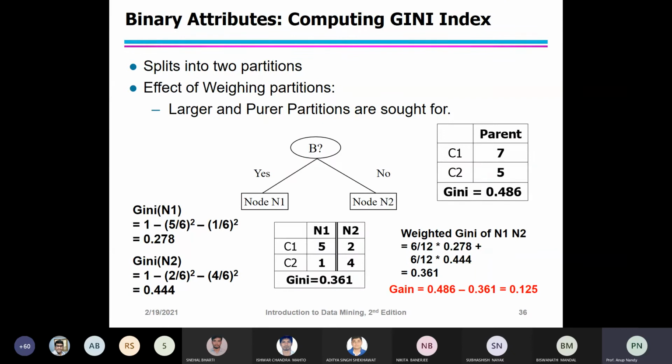Now, for computing the Gini index for binary attributes: we have seen different types of attributes, binary, nominal, and continuous. For each attribute, how do we find the Gini index?